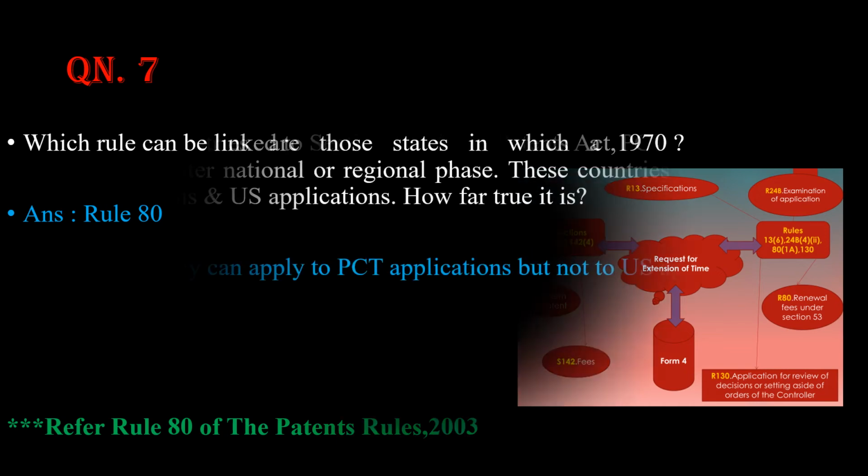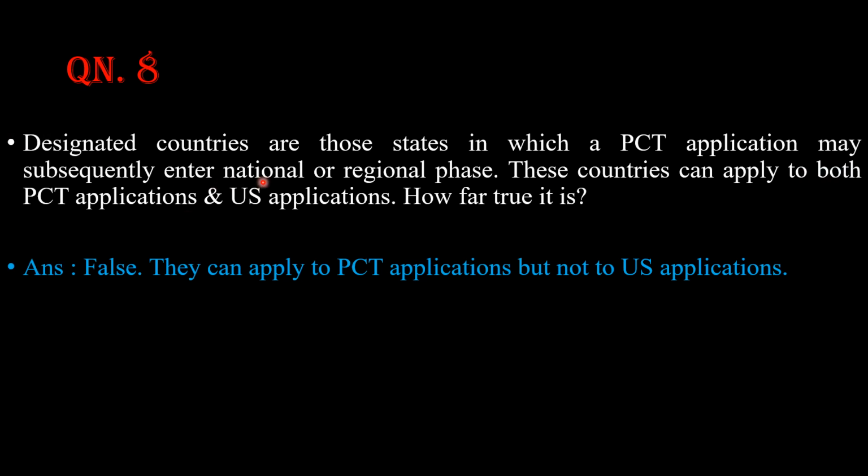Fine. Question number 8. Designated countries are those states in which a PCT application may subsequently enter national or regional phase. These countries can apply to both PCT applications and US applications. How far true is it? Please apply the same method. Please read the whole statement and find out where it can be wrong. So here the question is how far true it is, right? The answer is false, because they can apply. That means these countries can apply to both PCT applications and US applications